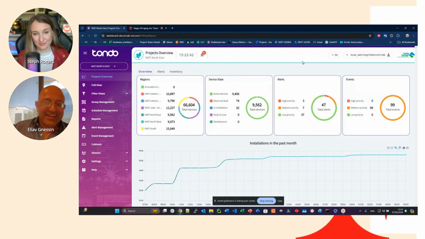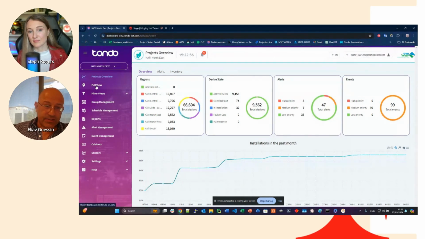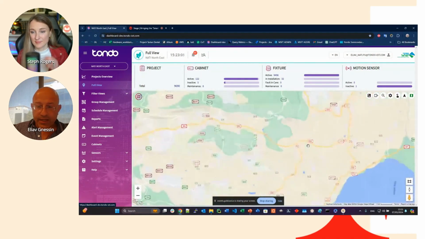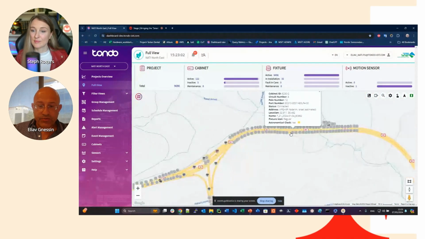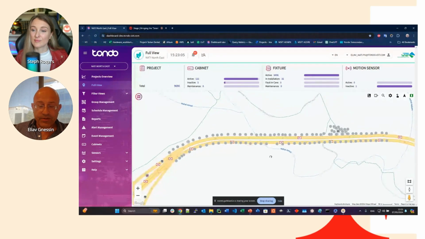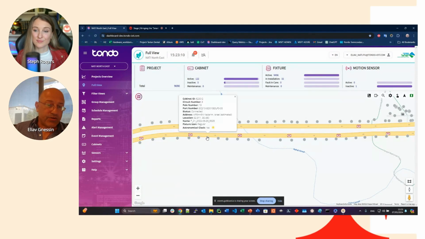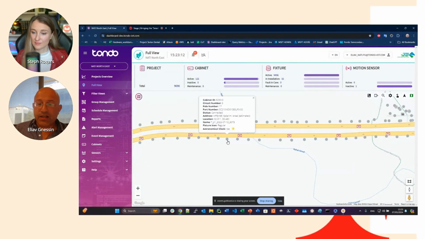Okay, so I just dived into one of our customers' dashboards. This is one of the regions of smart lighting, a smart road application actually, and we see this region has 66,000 poles, or controllers on poles, and I can dive into a specific road. I'm just diving into a specific highway. This is a highway, and each one of these circles you see here is actually a live controller. It sends data live.